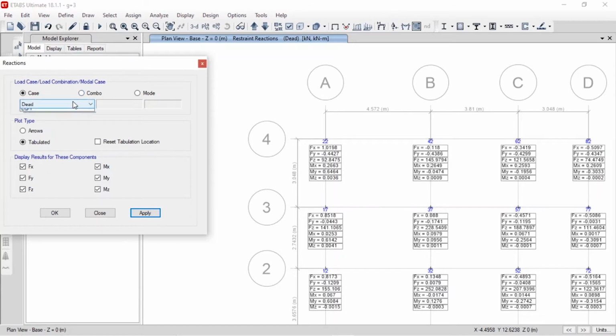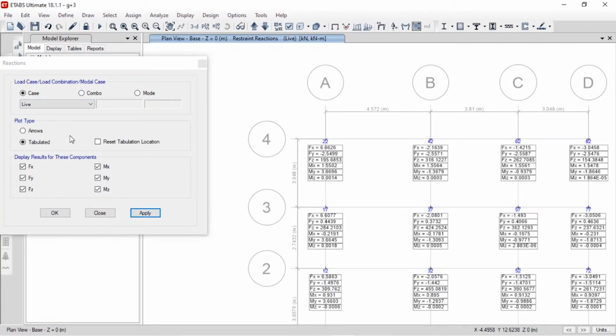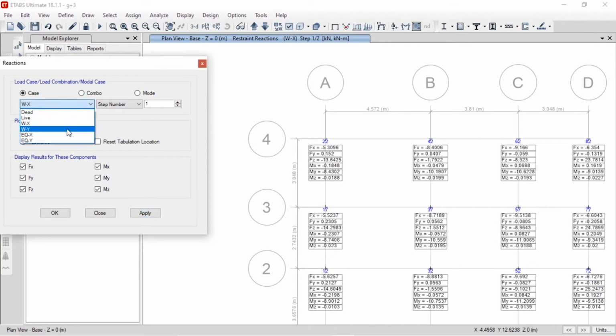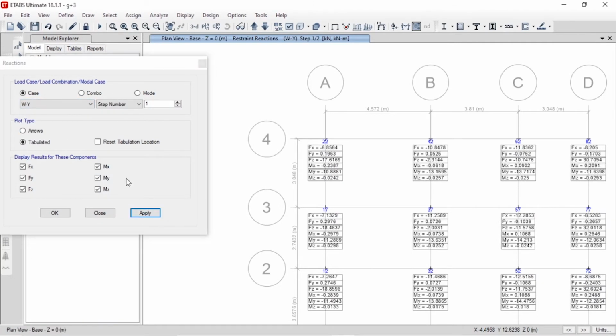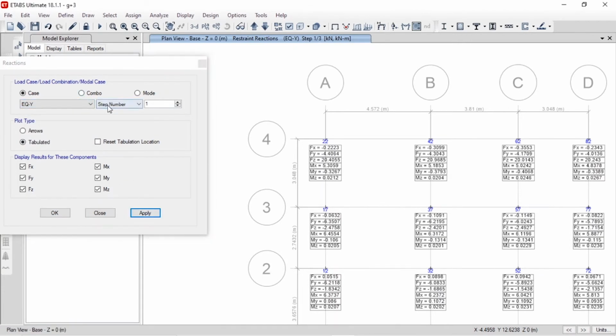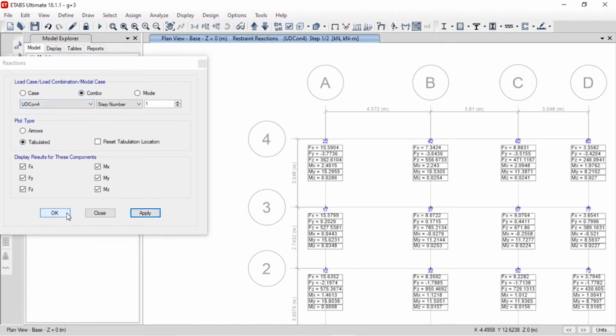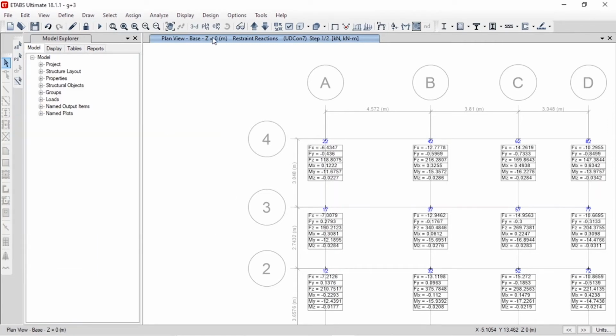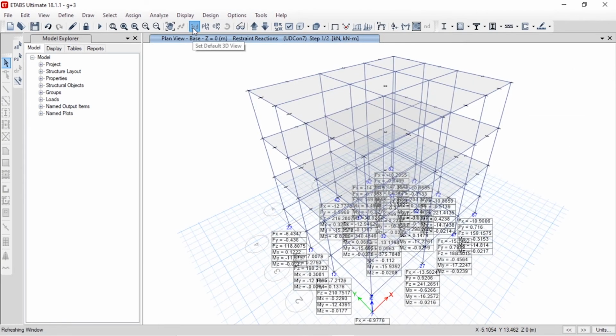And for the live load also you can see, for wind also, and for wind in Y direction also, earthquake also, earthquake in both X and Y. You can also have an option for the combo, where the safety factor of the design combination you have selected shows the different values of reactions. And I'm going to change it back to 3D view.